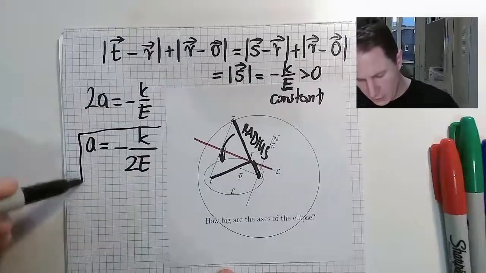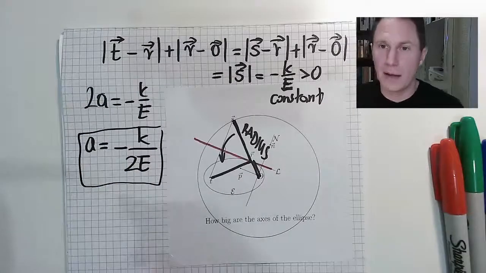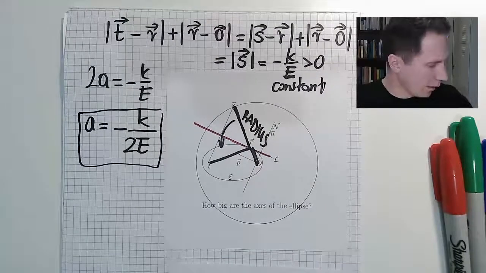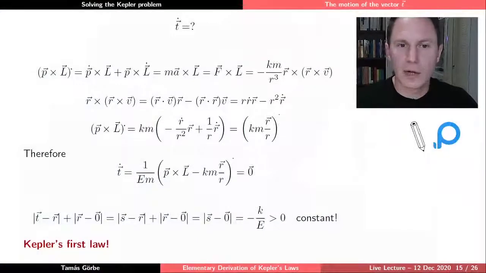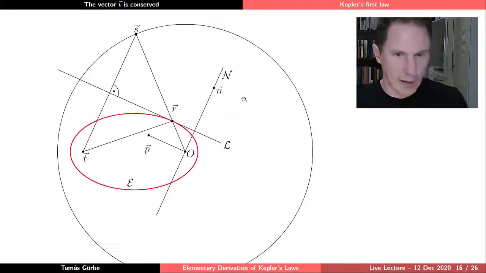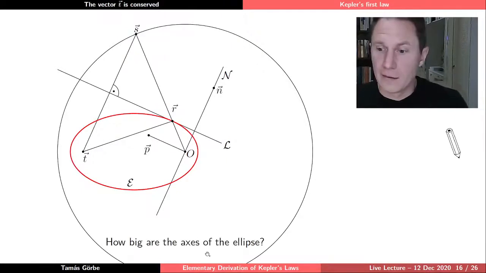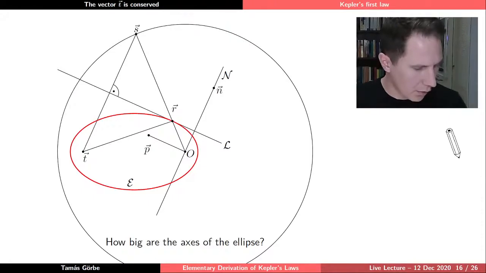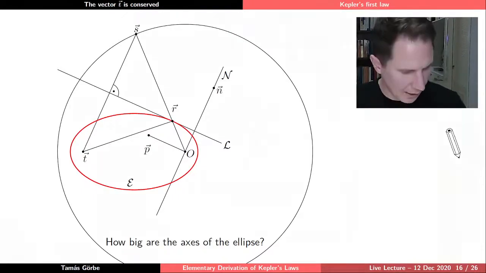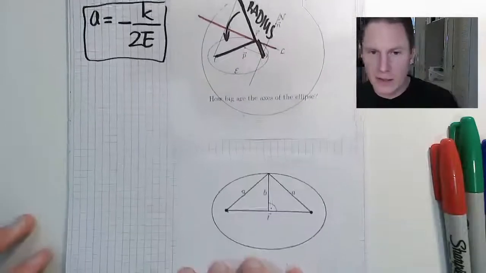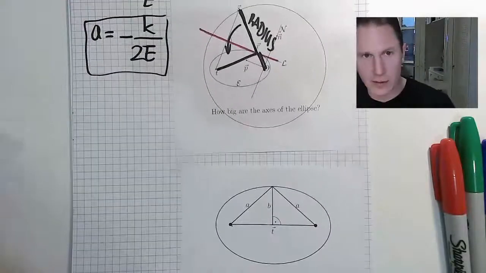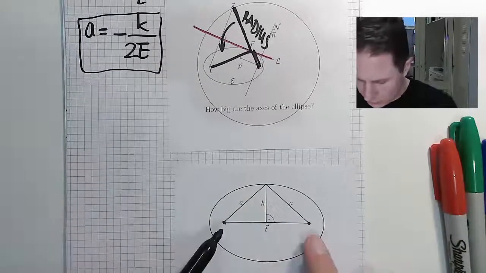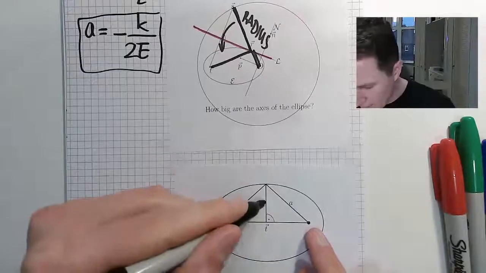Okay, so we have one of the axes of our ellipse, elliptical orbit, and now let's look at the other one. So let's try to figure out what the other axis should be like. For this we have to calculate the length of t. So why do we need to calculate the length of t? Well, we know the length of a, the semi-major axis, and we want to obtain the semi-minor